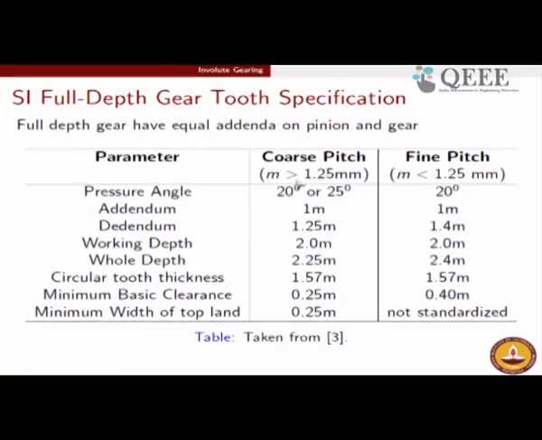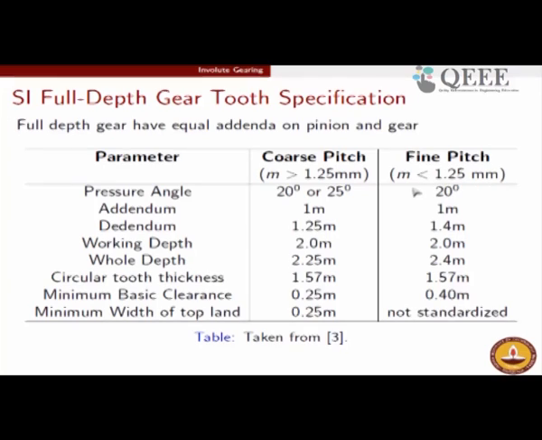The next question is about coarse and fine pitches. When you say a gear is of a fine pitch, by pitch you usually mean circular pitch, it essentially means there are lots of teeth. When it is a coarse pitch, you will mean the module is high, and by fine pitch you will mean the module is low. So, low module gears are those less than, in the standards of SI, 1.25